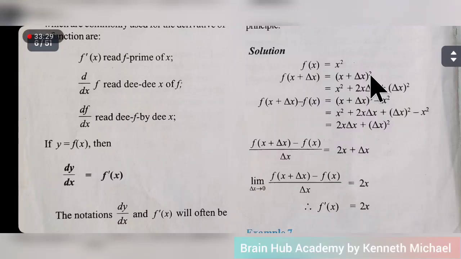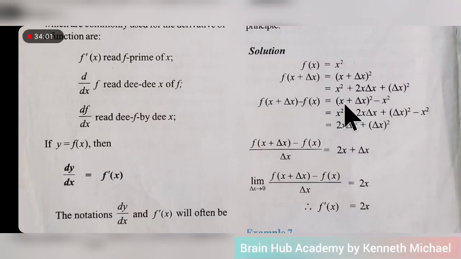If you expand this quadratically, you discover that it will give us s squared plus 2s delta s plus delta s all squared. All right, so if this is the case, you can actually see here that our f of (s plus delta s) minus f of s